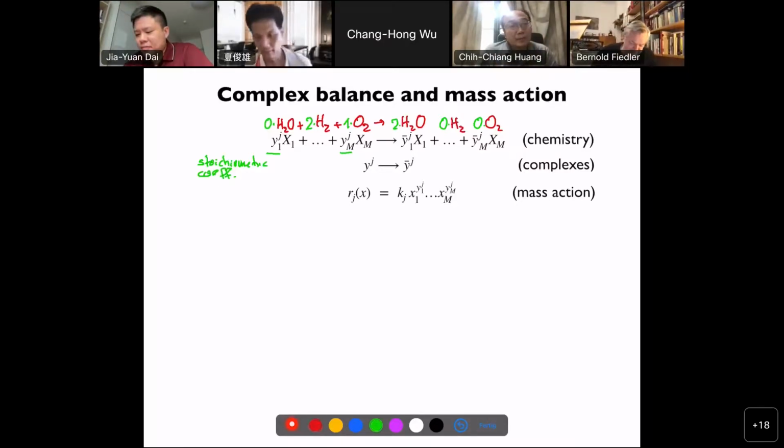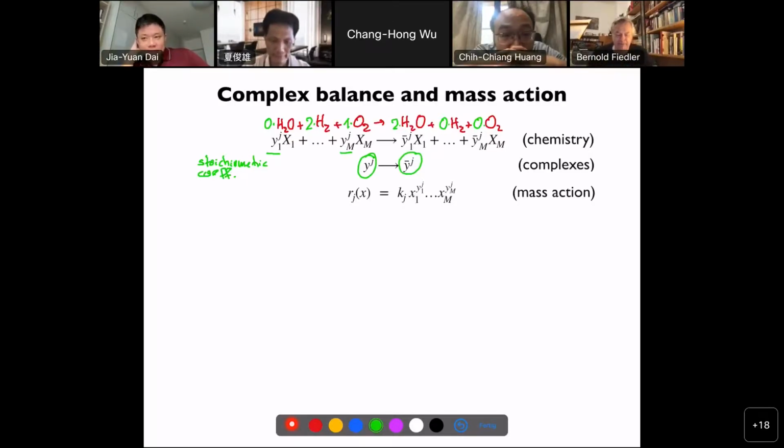So here on the right side, there is a plus, and there's a plus here. So from our abstract point of view, all that matters is, oops, wrong color now. See, this is what happens when you use colors. We have a vector, a coefficient vector. The vector is 0, 2, 1 on the left, and the arrow is the edge, and the next vertex will be the vector 2, 0, 0. Okay, so this is how we abbreviate this to scare the chemists, because now it's all numbers.